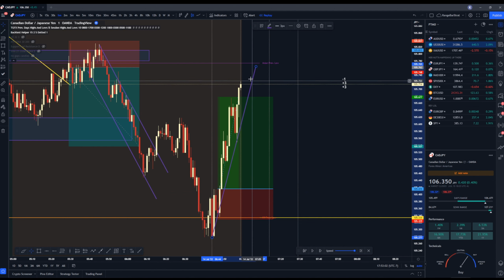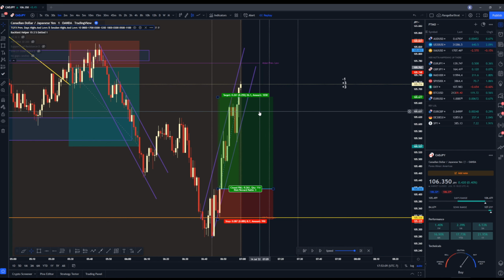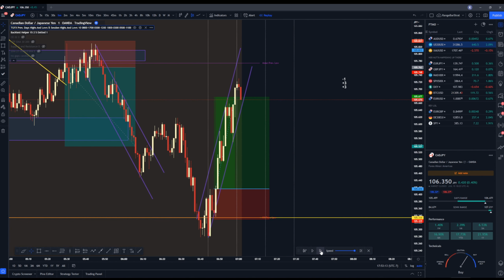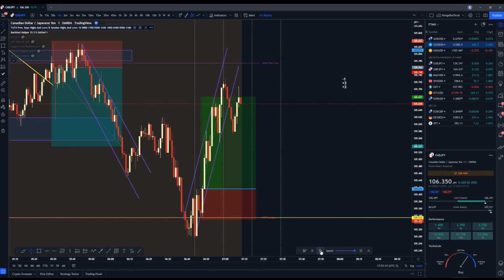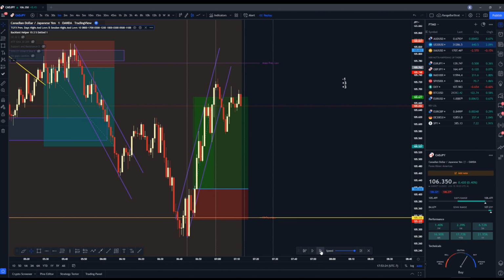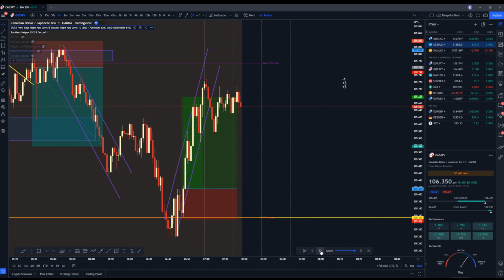Right here. And we got one right here. Nice little channel. So if you break out of the bottom, we expect to see a new high. And I don't want to enter just on that, so we need another pullback. Very weak bar. Not feeling it. I'm just not feeling the entries here.